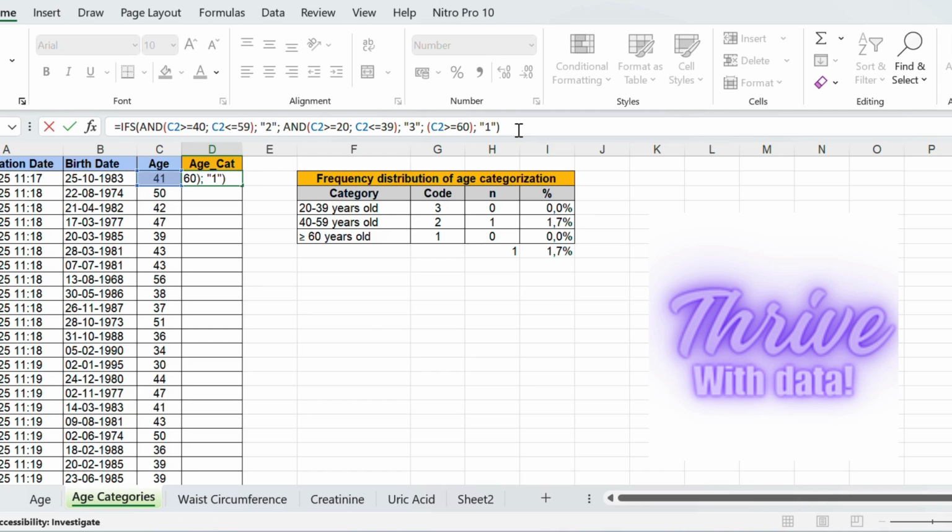Equal IF open parenthesis and open parenthesis cell age higher equal than 40 semicolon cell age less than equal 59 close parenthesis semicolon double quote 2 double quote semicolon IF open parenthesis and open parenthesis cell age higher equal than 20 semicolon cell age less than equal 39 close parenthesis semicolon double quote 3 double quote semicolon open parenthesis cell age higher than equal 60 close parenthesis semicolon double quotes 1 double quotes close parenthesis, and then we hit enter